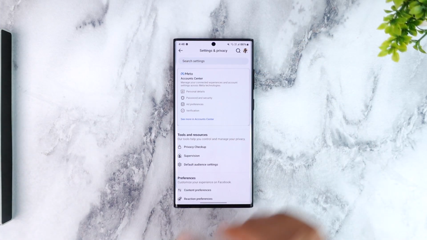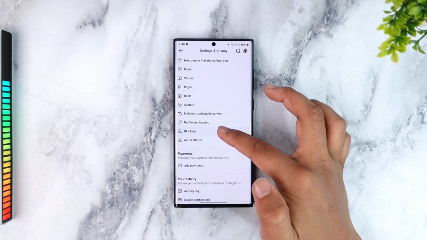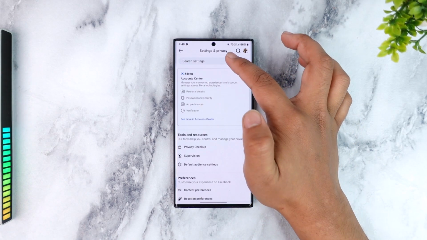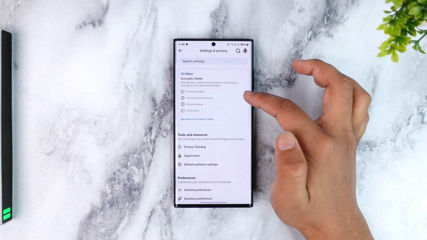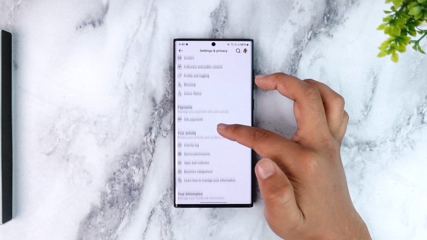Over here you will see many options, but you can simply scroll down and look for an option that says blocking. If you don't find it, you can also just use the search bar in settings to search for the blocking options. So you just want to scroll down here and simply look for the blocking option and then just